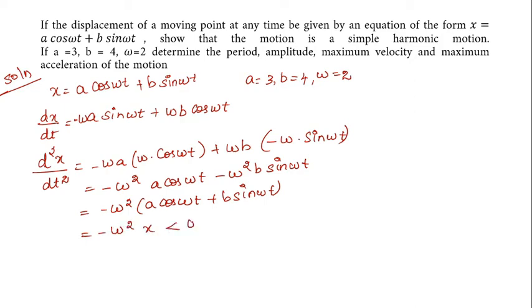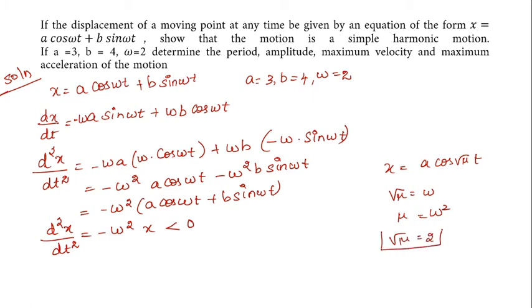It is less than 0. Look at this, your second derivative is less than 0, so it will obtain a maximum point, only when your first derivative is equal to 0. In general, we know the displacement as x is equal to a cos √μ t. Here we have cos ωt, so we can consider √μ is equal to ω, so μ is equal to ω². Anyhow, √μ is nothing but 2.